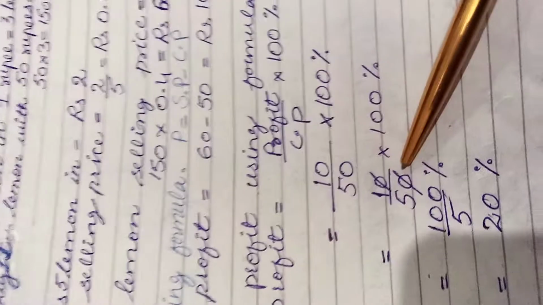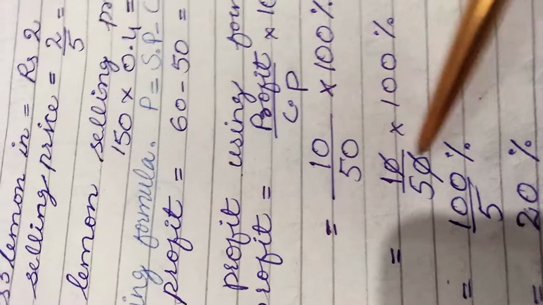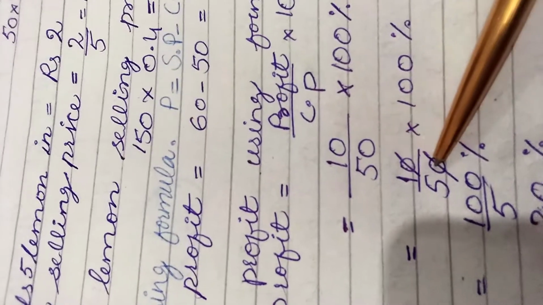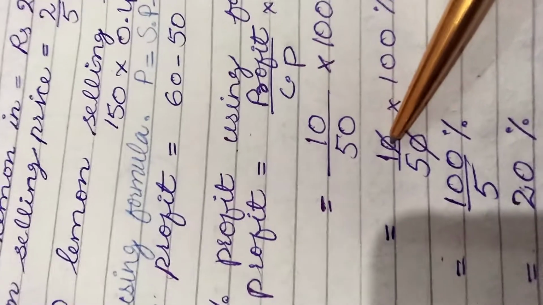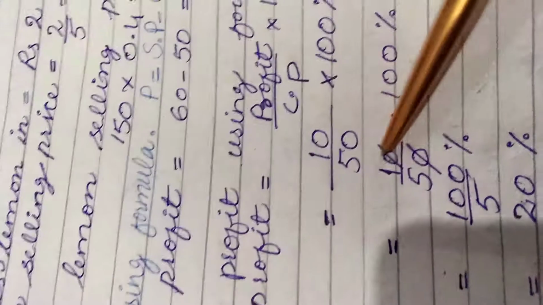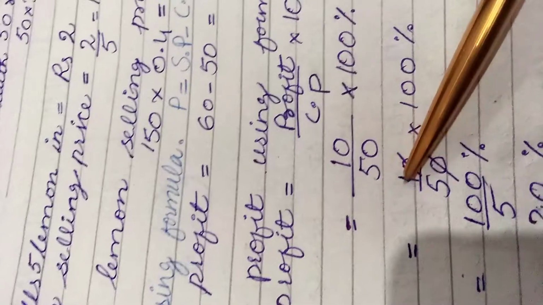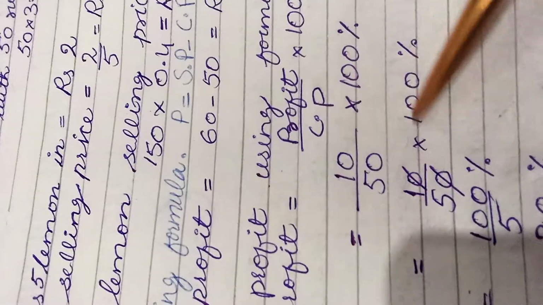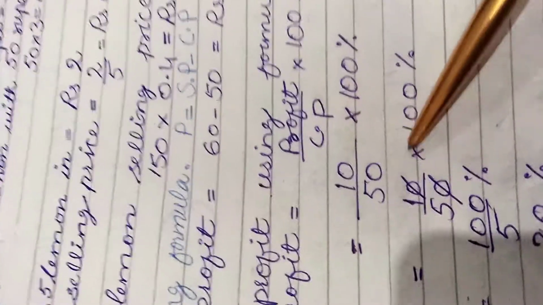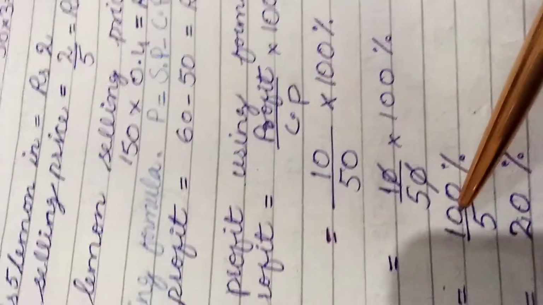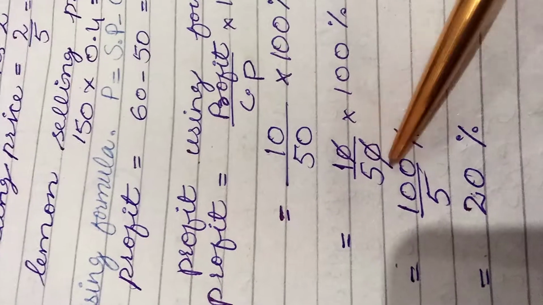In the next step here, I have done the cancelling. For cancelling, you should look at the numerator and denominator. In the numerator it's 10 and in the denominator 50. And in mathematics, it's a rule that we can cancel a 0 of the denominator with a 0 of the numerator. After cancelling, now if you multiply numerator with numerator, 1 times 100 gives us 100. Any number multiplied by 1 doesn't change the number. 1 times 100 gives us 100. This I have written in the next step. And in the denominator 5, we will not write this 0 because this 0 is cancelled out.